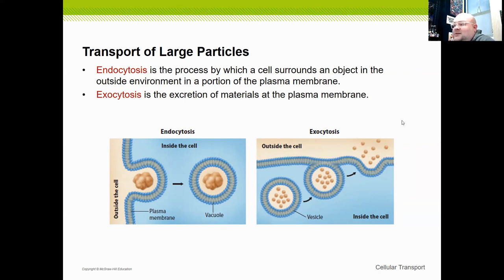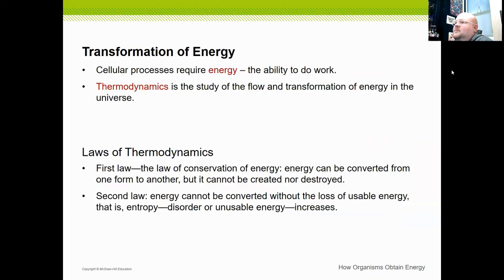Exocytosis is when they exit. That's how I remember. Endocytosis, things go in the cell. Exocytosis, things exit the cell. So keep those two separated in your mind. Okay? Now, when we talk about all this stuff that requires movement and motion and things coming in, things going